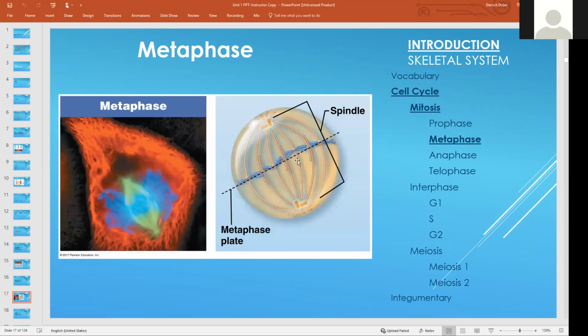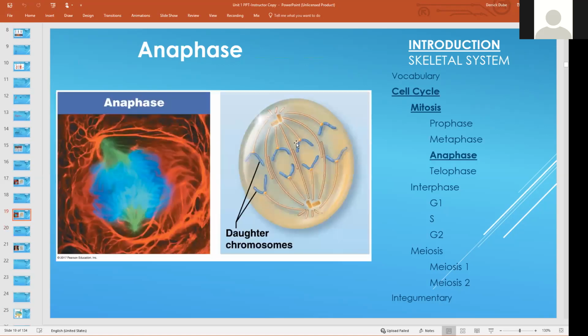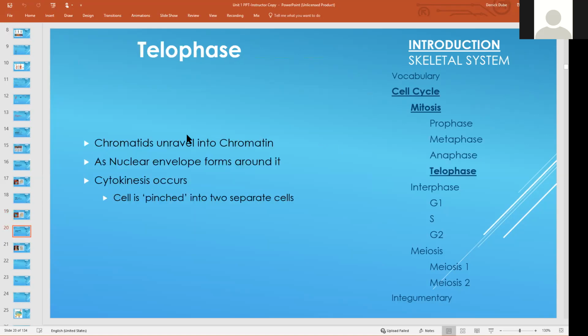They're going to line up individually, as opposed to in their pairs. Then during anaphase, they're going to split. I remember anaphase as "anaphase, away," which is a good way to remember it. This is where your chromosomes start pulling away to the outsides of the cell, all these daughter chromosomes right here. And then during telophase, you're going to see those